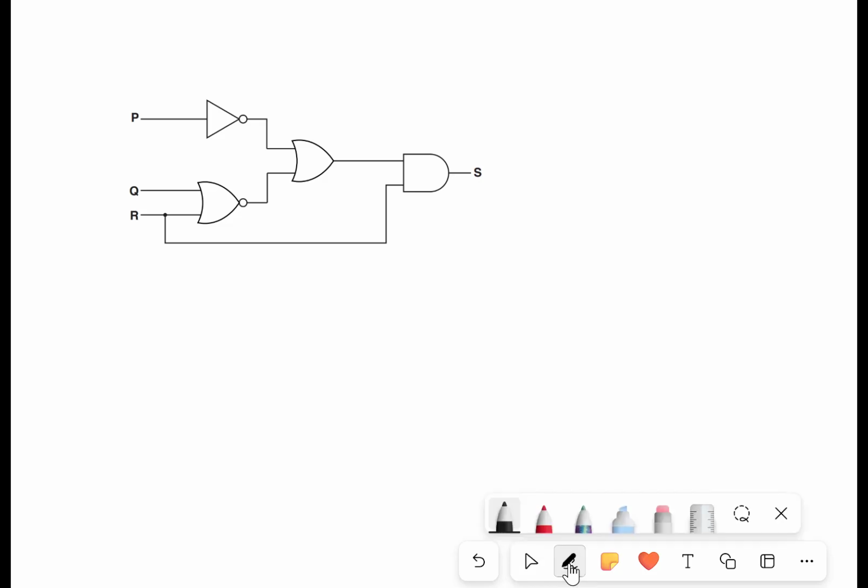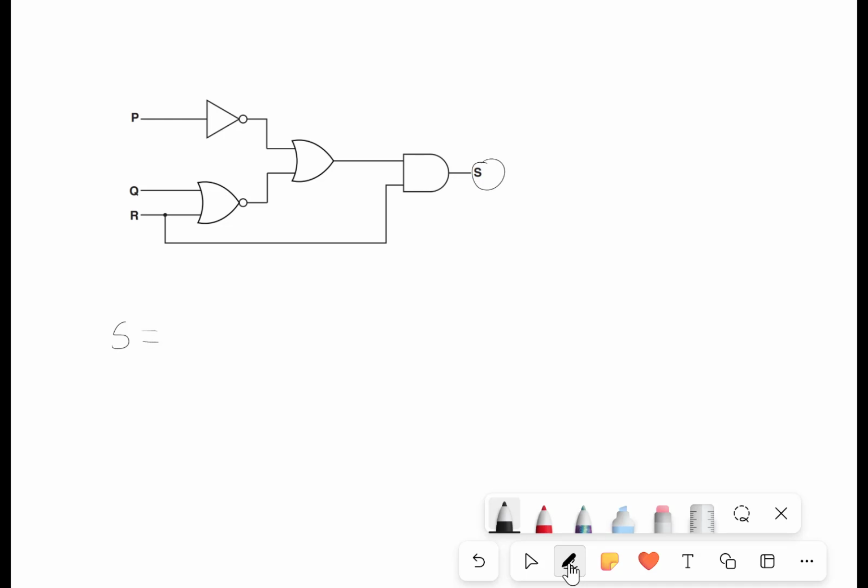Okay, I want you to turn this into its Boolean expression. We're going to do a simple version, and we're going to do a more complex version. The simple version, well, first of all, pause the video, give it a go yourself first. Okay, so we know that the end result is going to be S, so I'm going to do S